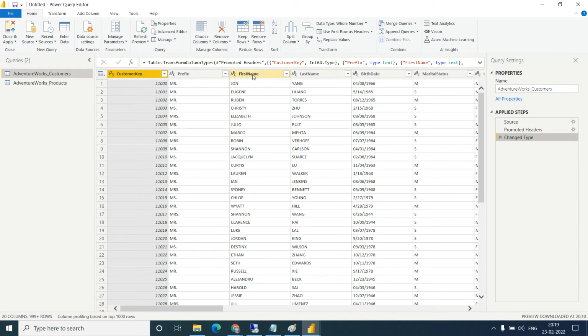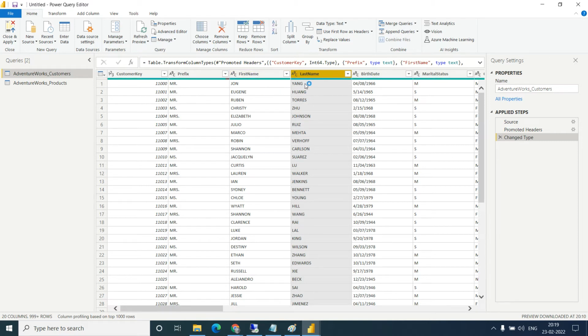Now if I do something new, one step. Let's say there is a first name and there is a last name. There are two different columns available. I want to create one column that will include the first name and last name, that is a full name. How will I do this? I will combine the first name and last name, right? If I want to make a full name, I have to combine the first name and last name. So right now there are 3 steps available. If I create a full name, let's see how it will do this.